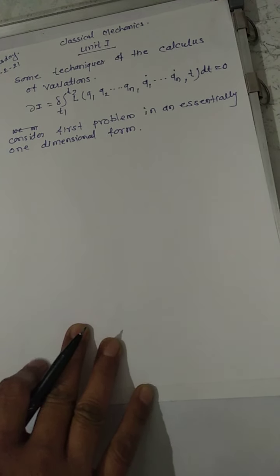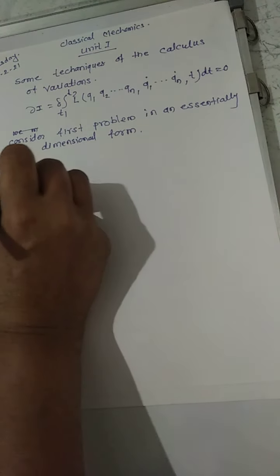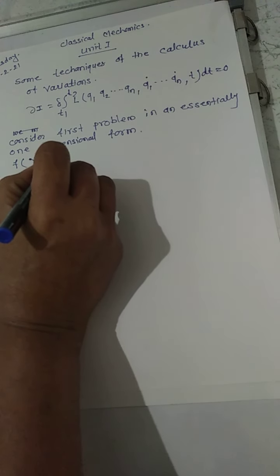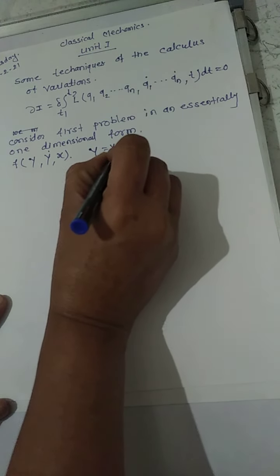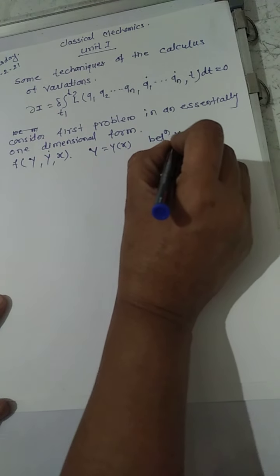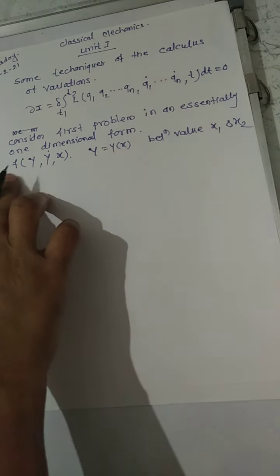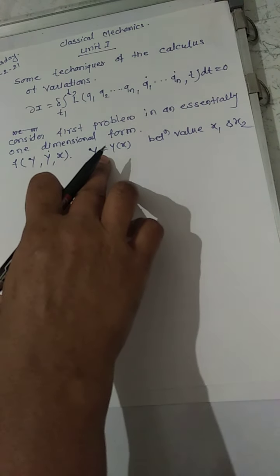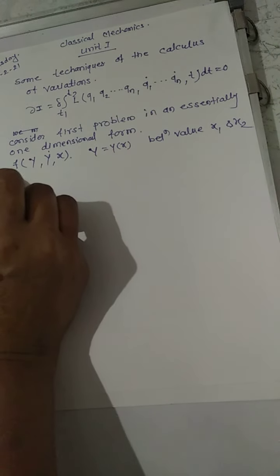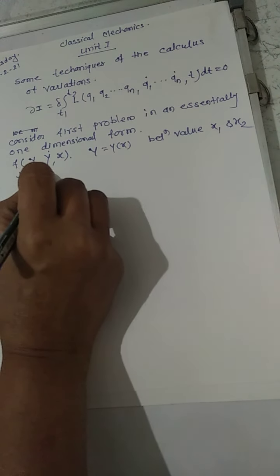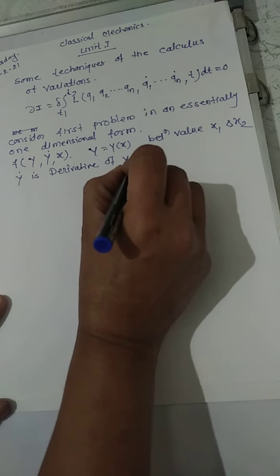Means we have a function f of y, y dot, x defined on a path y is equal to y of x between the values x1 and x2, where y dot is the derivative of y with respect to